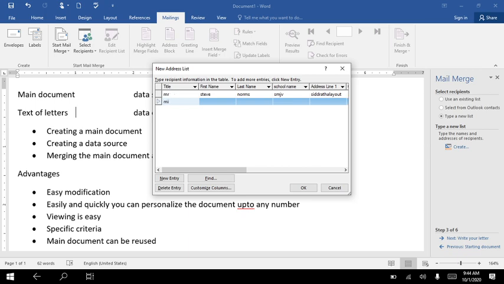Then Miss Larry Gomes, SMJB, Siddhartha layout, Mysore, Karnataka, 570011, India, phone, email address larry@gmail.com. Okay. One more I'll just give,